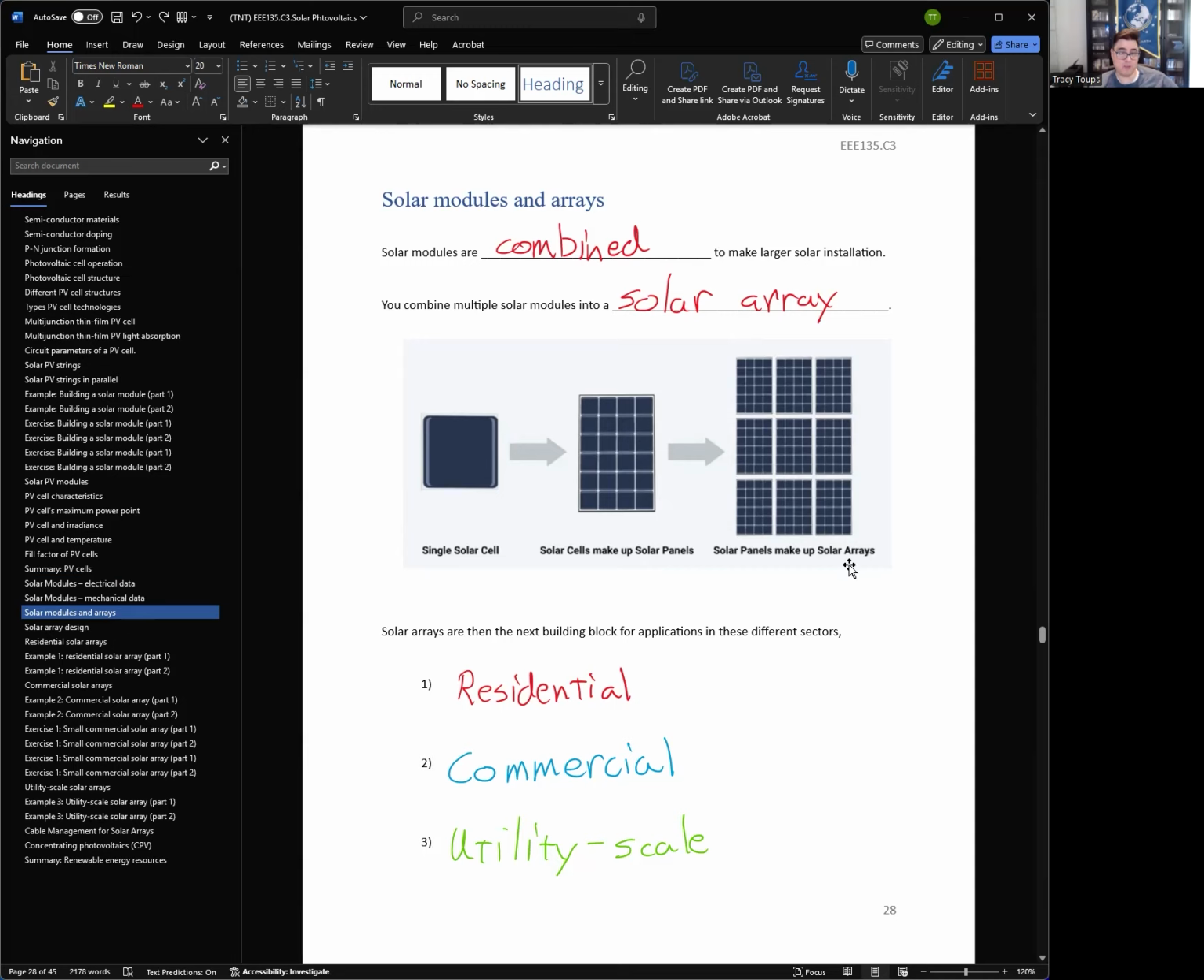Typically your house will have one solar array. For example, a house might have 15, 20 solar panels on top of it. You wire them all up to one inverter. That's a solar array system. Solar arrays are then the next building block to build your systems. Again, for residential rooftop, you're just going to have one solar array, because typically 20 panels is one solar array. Commercial, this is more like hospitals,